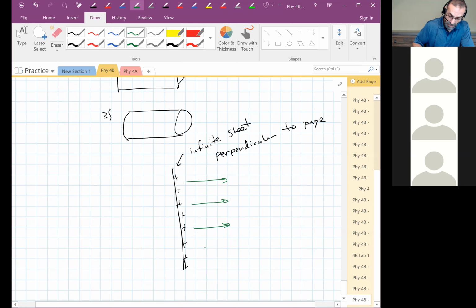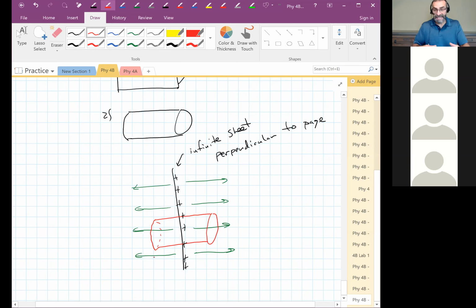I'm not going to try to draw in three dimensions. It's bad enough in two dimensions, right? So we draw a Gaussian surface in here, and I'm going to pick my Gaussian surface to be a cylinder, and you have to orient it